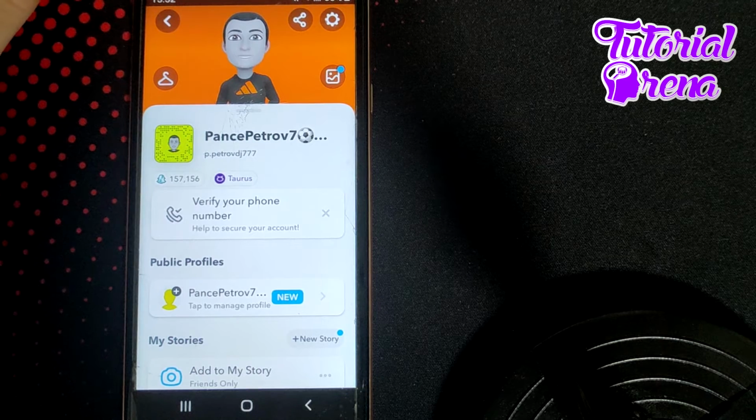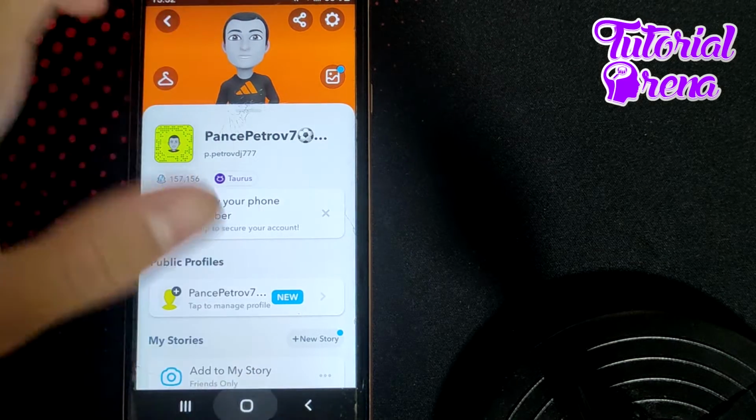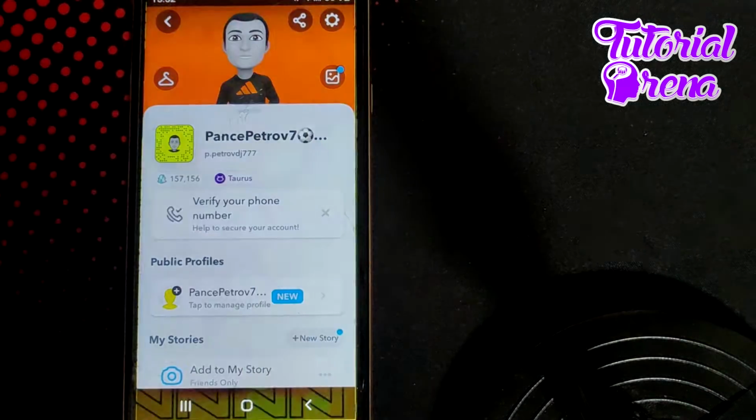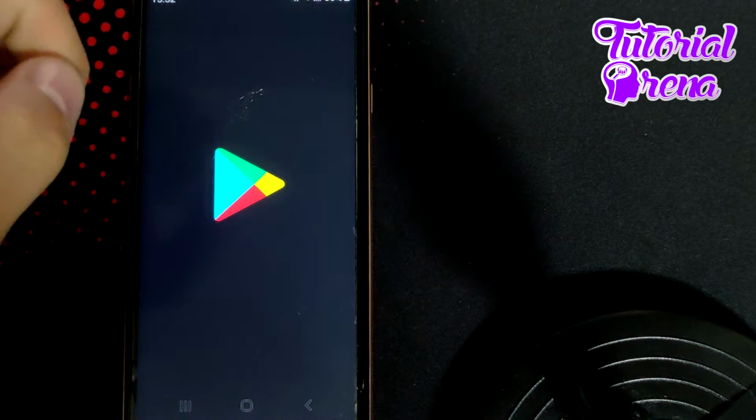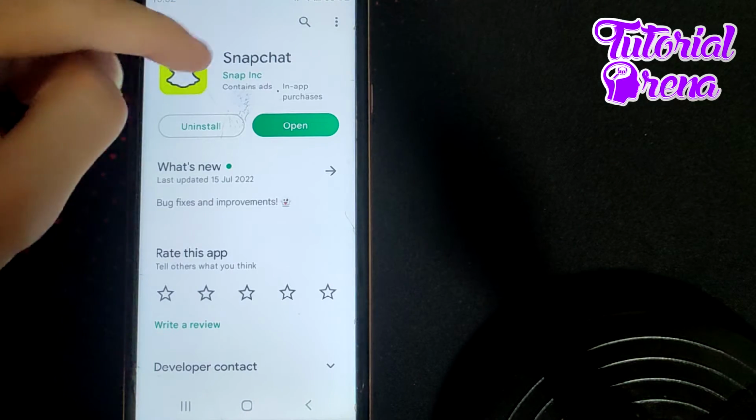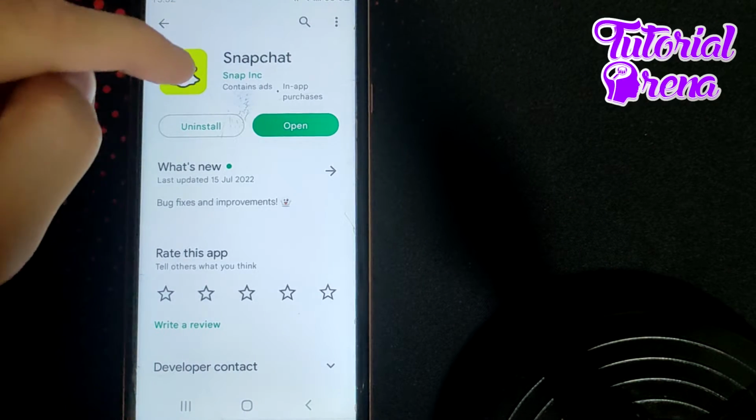How to fix app appearance not showing on Snapchat. First, you need to get out of your Snapchat. When you're out of it, you need to go to your Play Store. Then on the search bar, you need to type Snapchat, and you need to make sure that you